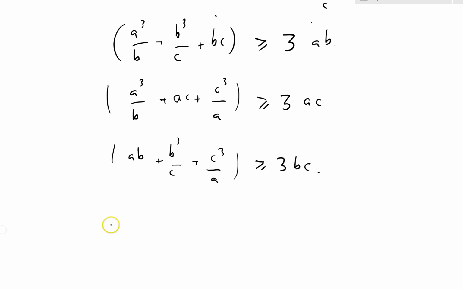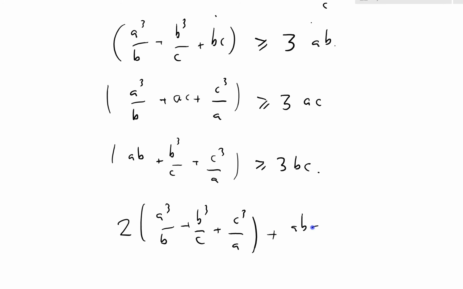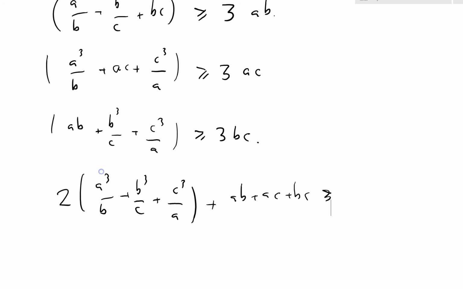I can say that 2 A cubed over B plus B cubed over C plus C cubed over A. Why is it 2? It's because I've got 2 A cubes over B, I've got 2 B cubes over C, and I've got 2 of these guys here. Plus AB plus AC plus BC from these guys here, greater than or equal to 3 AB plus